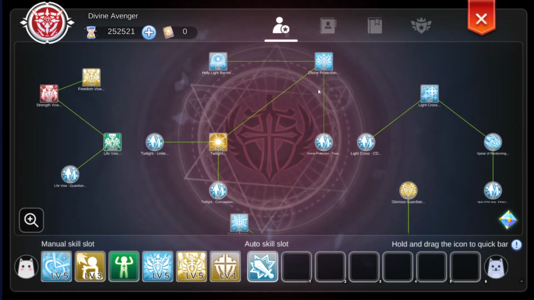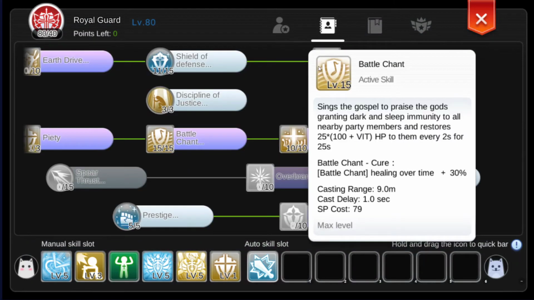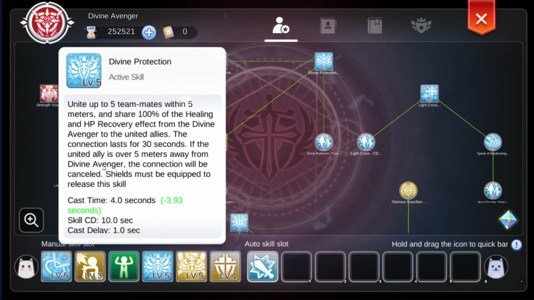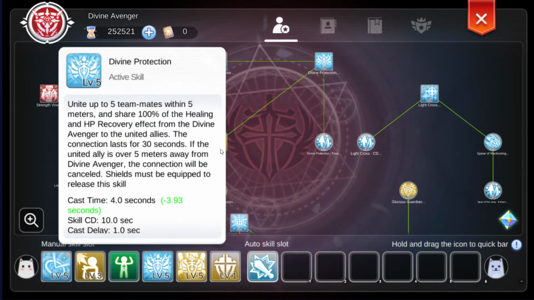There is another thing to also keep in mind, and that is Divine Protection. So this is part of the whole fountain build that people talked about for a bit, which was being a big source of healing. So you have your Battle Chant, you have your Glorious Guardian. Those two combined, you create like a healing fountain in an area where people go in and they just get healed a bunch. And Divine Protection, if you link with someone, then the heal that you receive is also transferred to the other person. So your Battle Chant will tick for you and your teammate, but it'll tick for your teammate twice basically. And similar thing with Glorious Guardian, so people will get double healed if you are linked to them with Divine Protection,